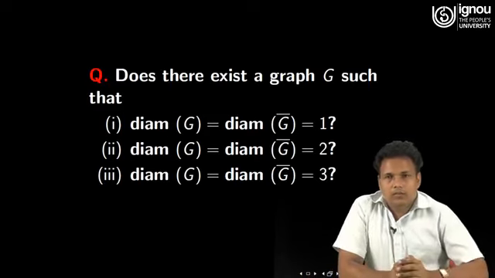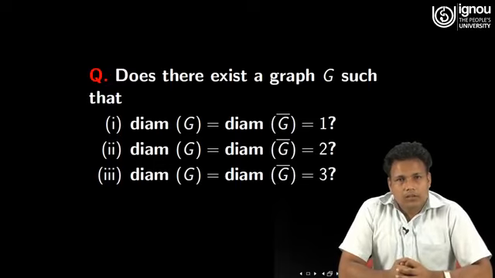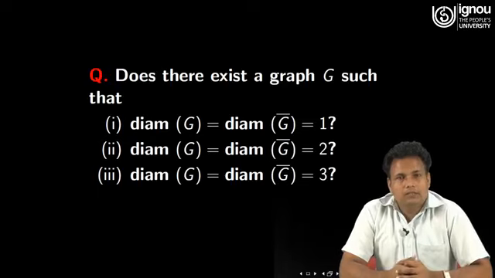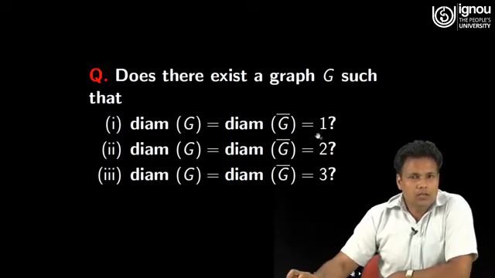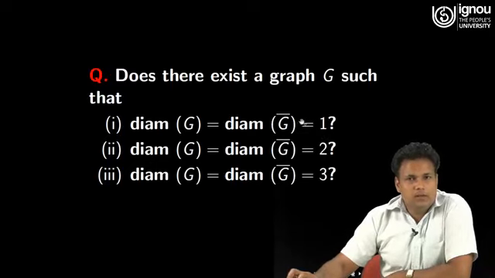Now, let us look at some questions. Does there exist a graph G such that the diameter of G and G bar both equals 1, equals 2, or equals 3? So, we just skip the first two parts, these are very easy. Let us look at the third part. We shall construct a graph G in such a way that the diameter of both G and G bar is 3,